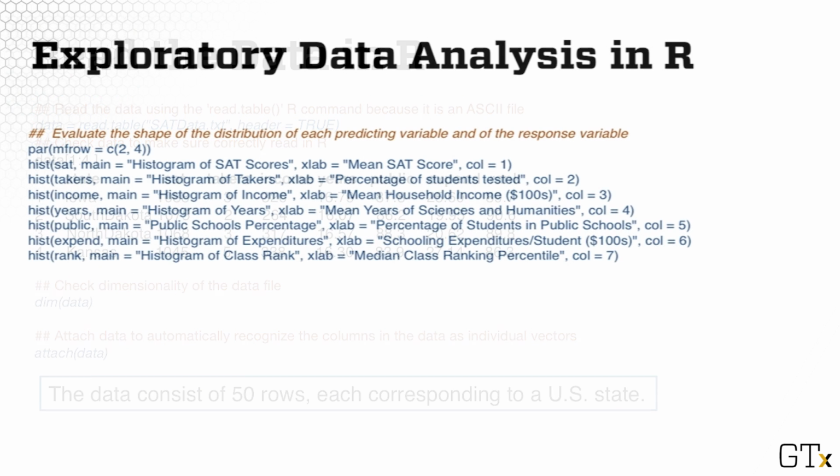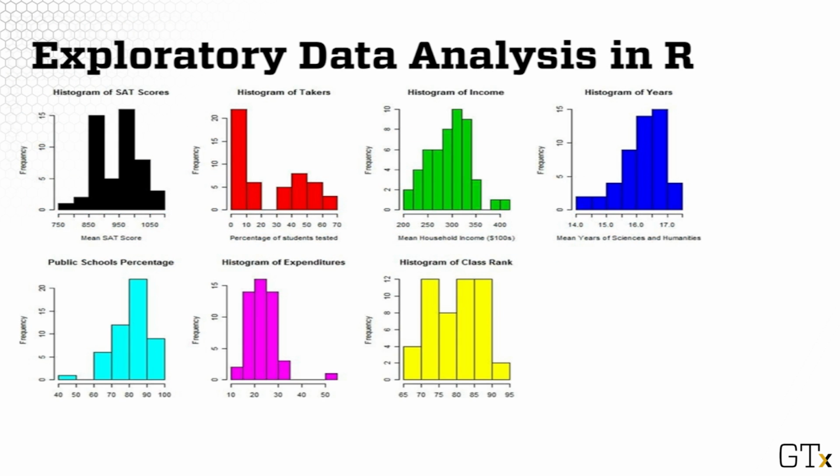individual vectors. Exploratory data analysis allows us to look at the variables contained in the data set before beginning any formal analysis. So for exploratory data analysis in this example, we'll first examine the variables individually through histograms. For each variable in the data, we plot its histogram. With the histogram, we can see the general range of the data, the shape, such as skewness, as well as any other potential trends. So those are the histograms for the SAT scores in black and for all the other 6